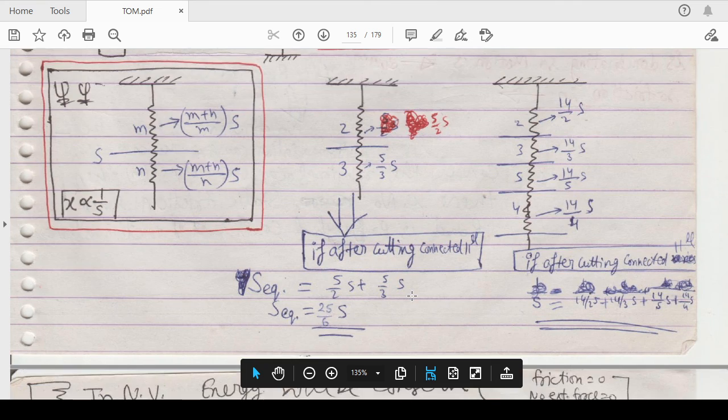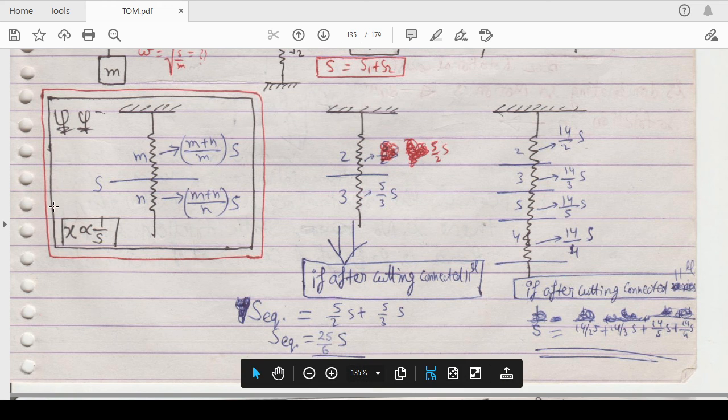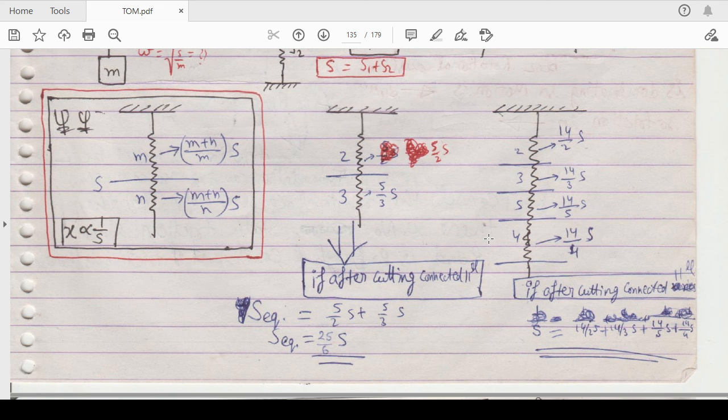I will come with the next topic in the next video. Meanwhile, practice these equations and calculate, taking mass equal to 10 kg and S equal to 10 kilonewton per meter. In this way you can calculate the value of your natural frequency, and do comment in the YouTube video description, or you can also ping us.